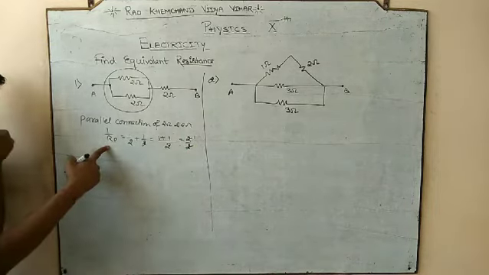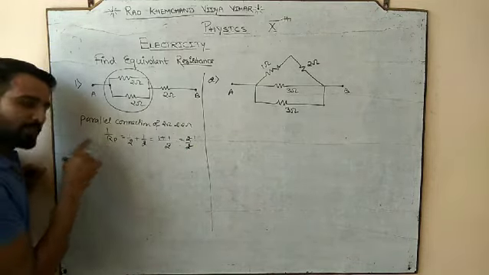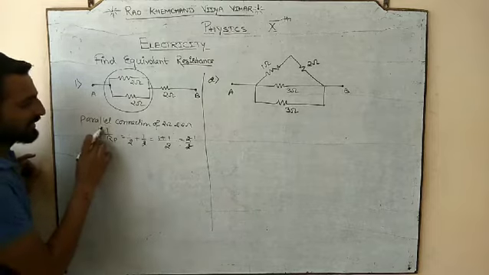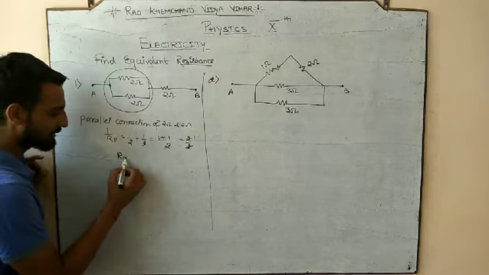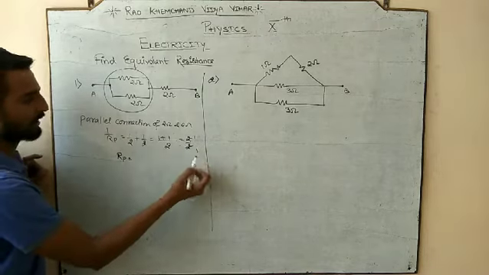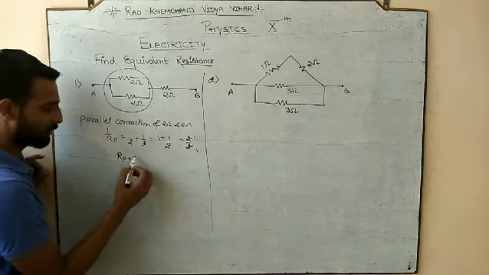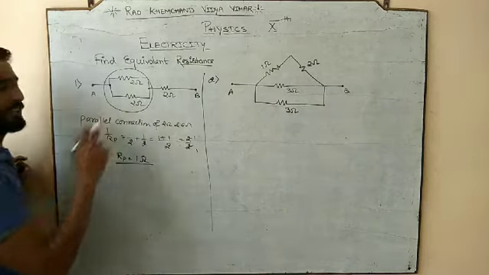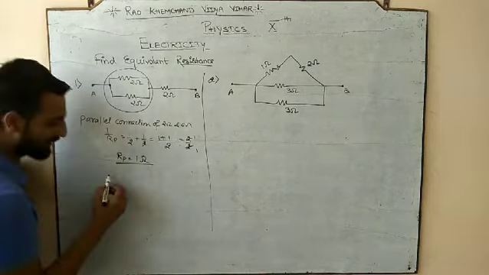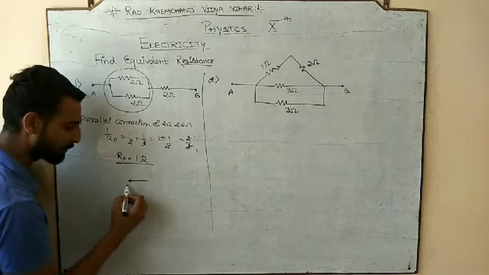And all of the students, please, it's my humble request, it is 1 by Rp. So when you have to calculate net resistance, Rp you have to reciprocal. Okay, here the reciprocal of 1 by 1 is 1. So what is the net resistance of 2 and 2? 1. So we will again redraw the diagram.